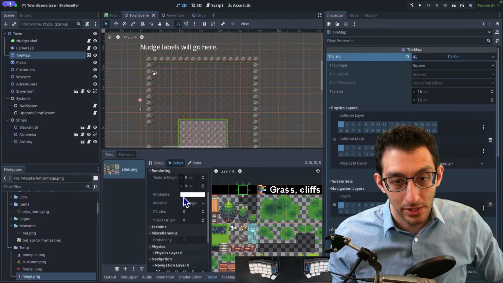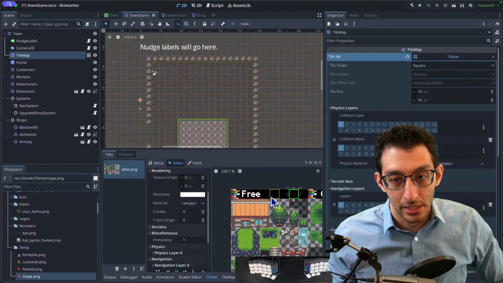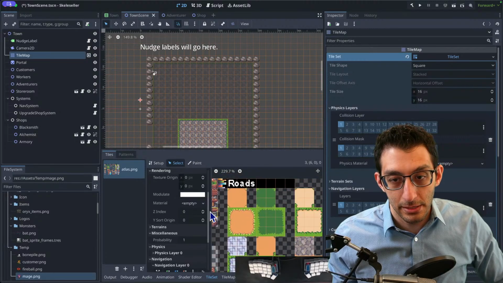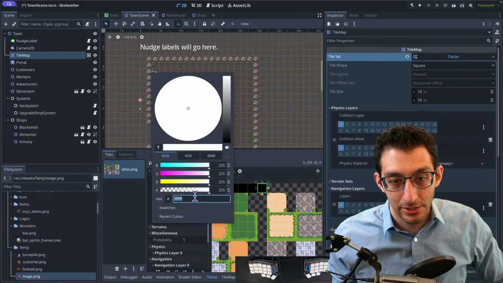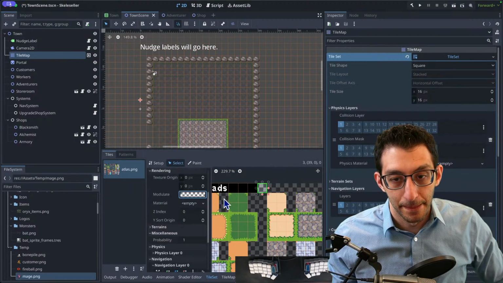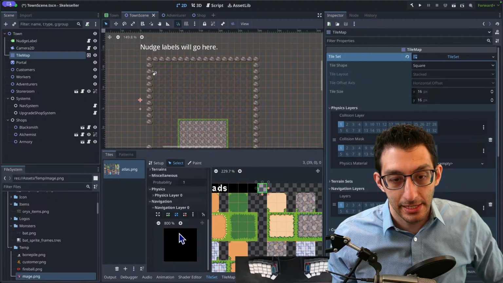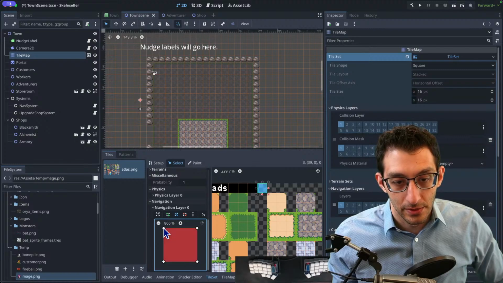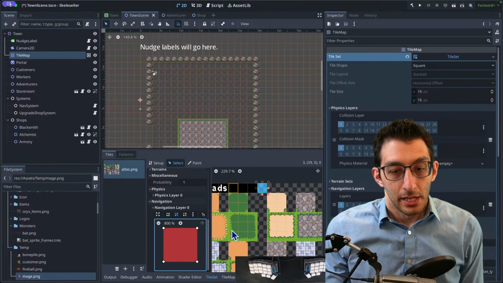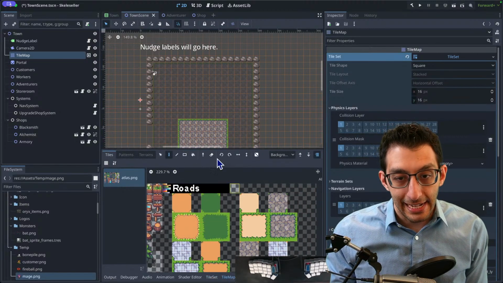I wonder if we can change. Oh yeah, you can change this modulate. Okay. Well, then let's pick this black tile up here and just set its modulate to be completely off. And then set its navigation to be just the four corners. Okay, there we go. Now if we draw that instead,